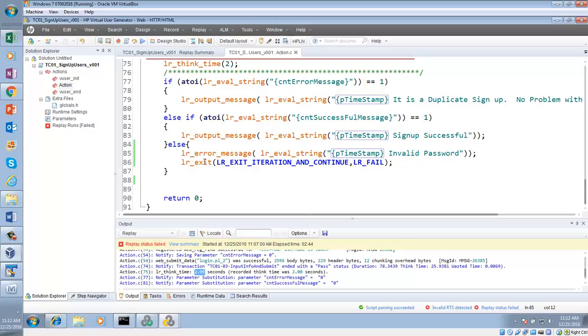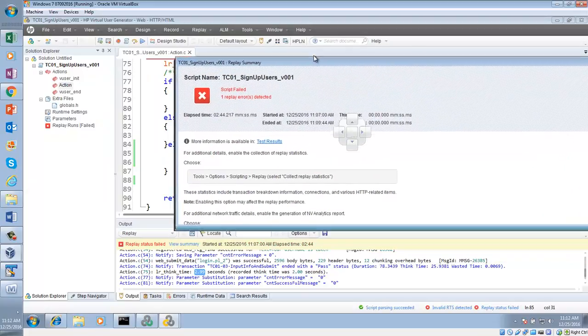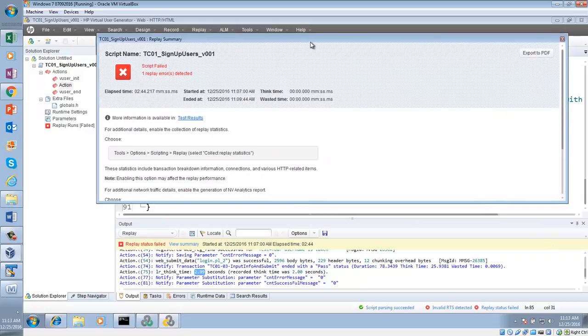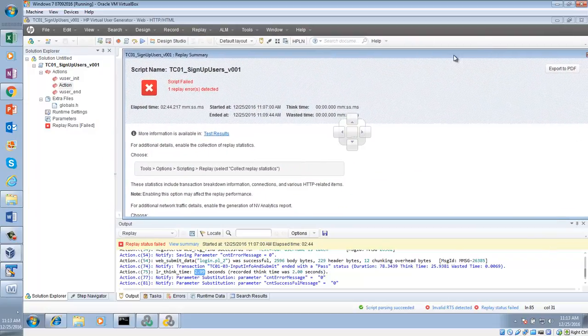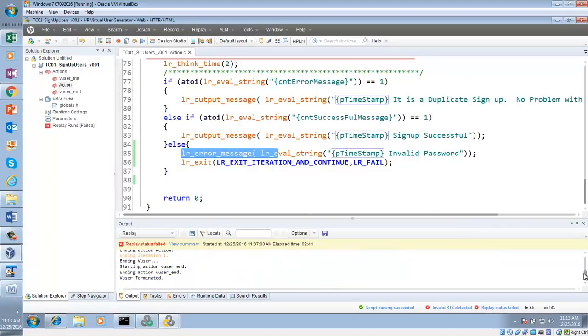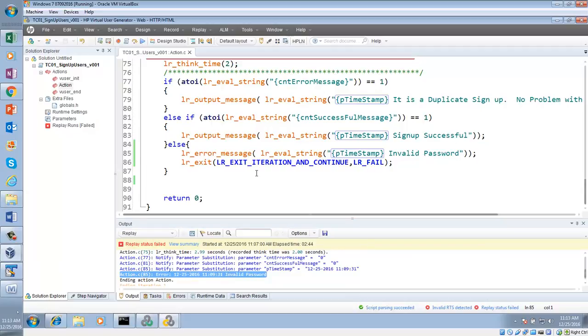By line 85 we are putting an error message. Now can you see one replay error? What is that replay error? That replay error is this error message, invalid password. And then after that we are exiting out.